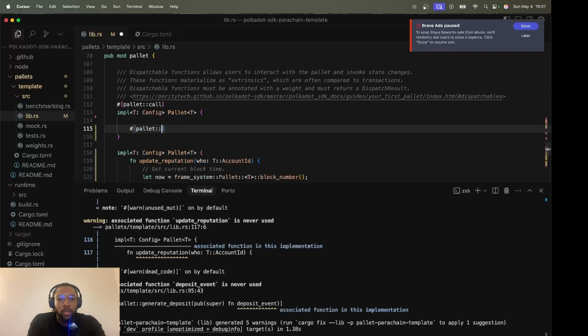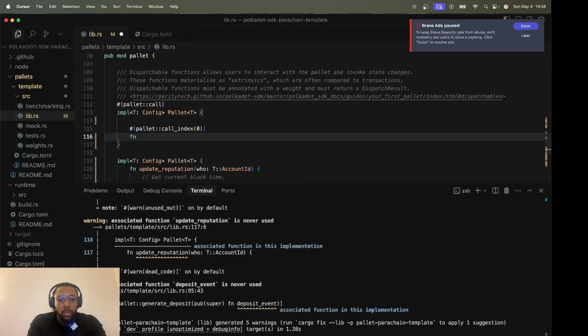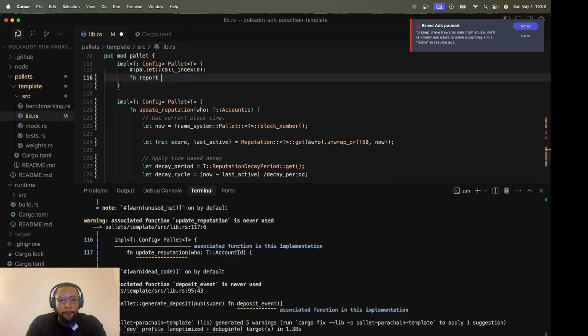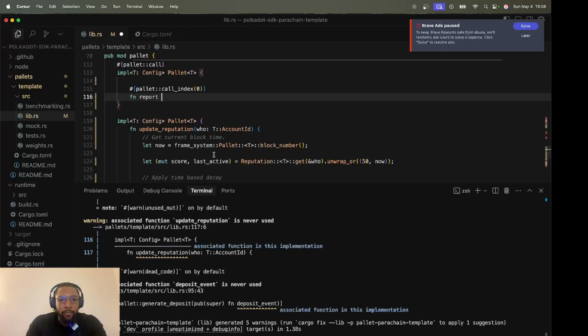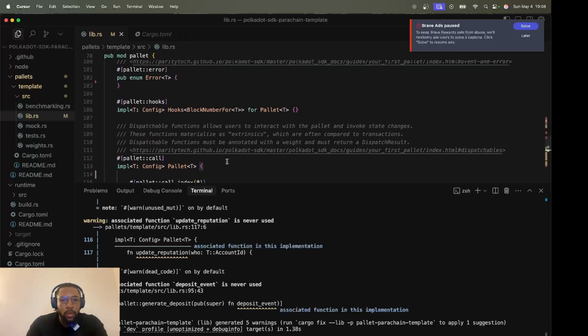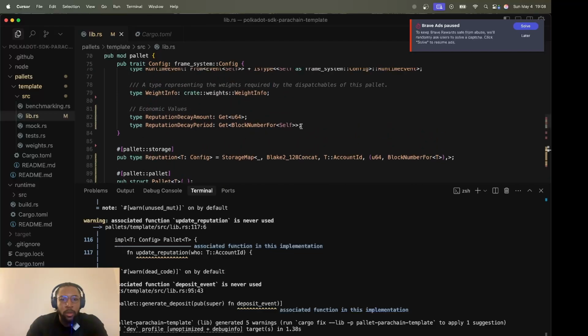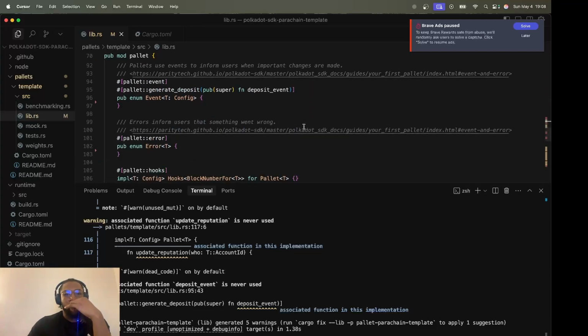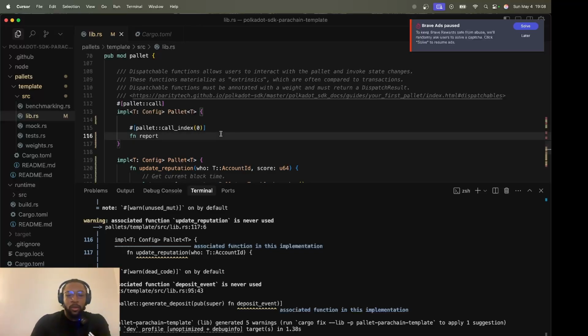Let's call index. This one is 0. Then we put, we didn't add the score. Report good behavior.